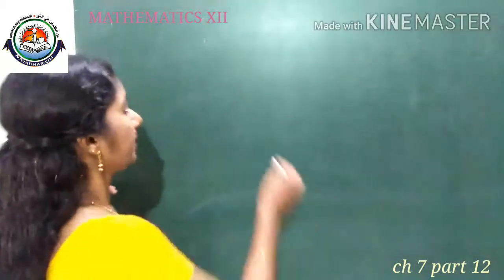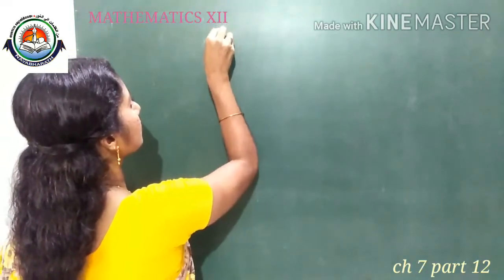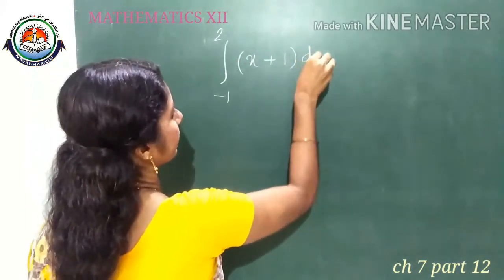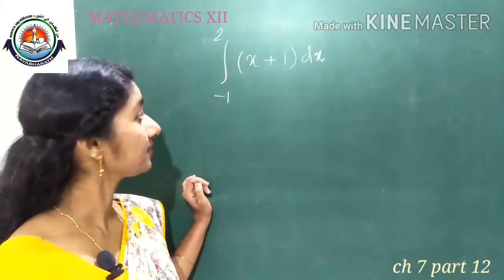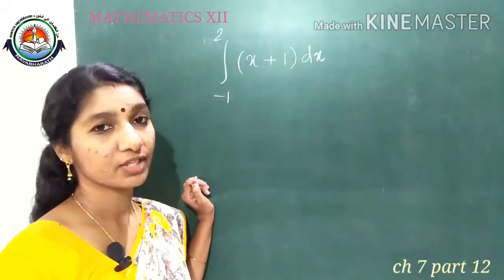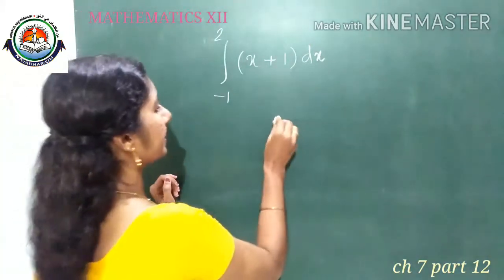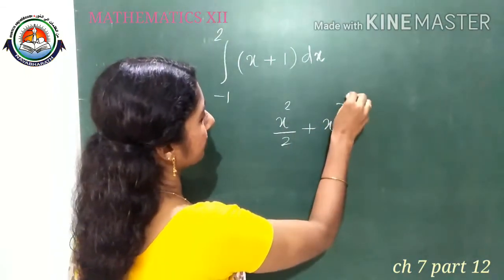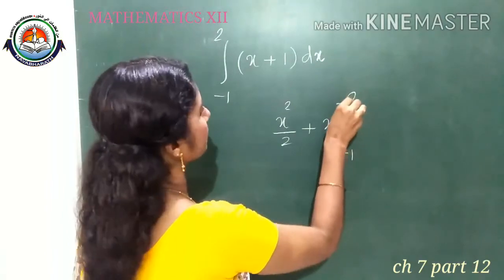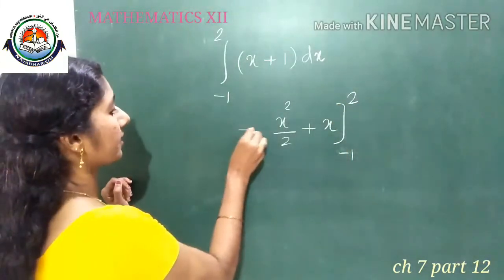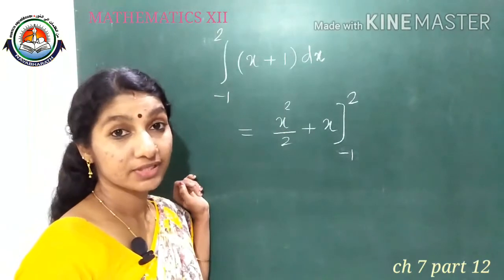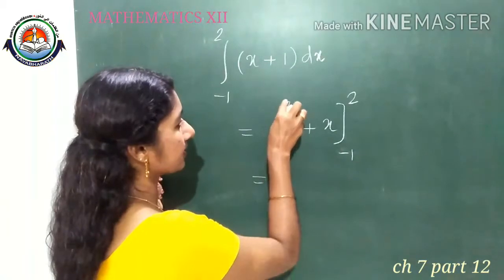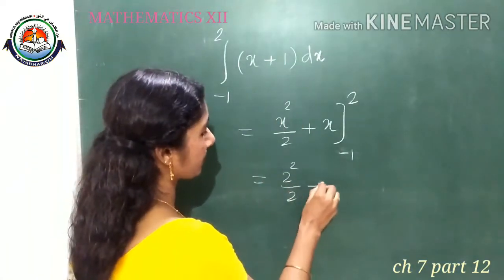Here it's given integral minus 1 to 2 x plus 1 dx. For calculating this integral, what do we need to do? We need to integrate the given function. So its integral is x square by 2 plus x, and we need to give the limit from minus 1 to 2. So directly you can integrate and give the upper limit and lower limit. Upper limit is 2. So for x give 2 square by 2 plus 2